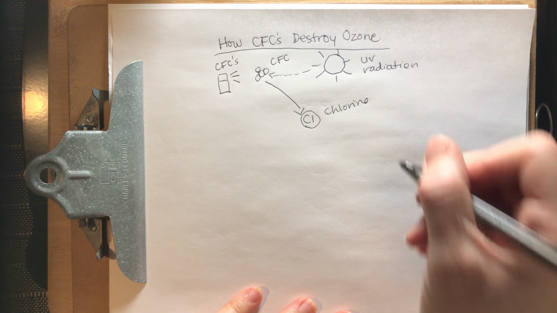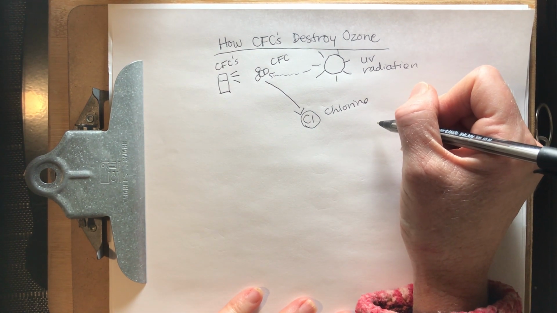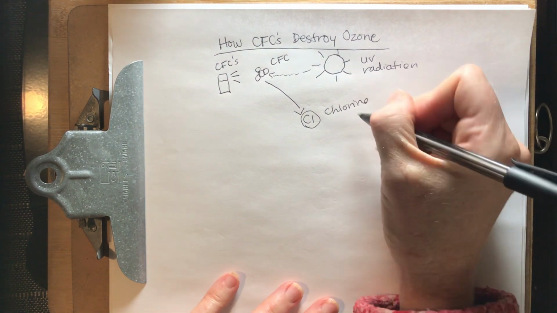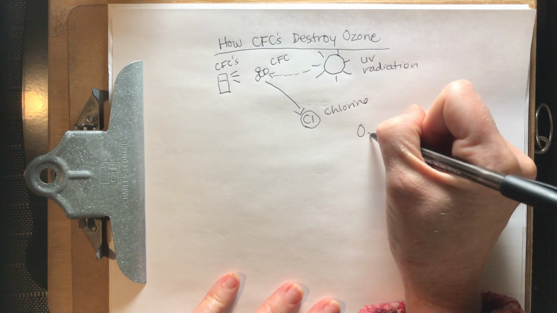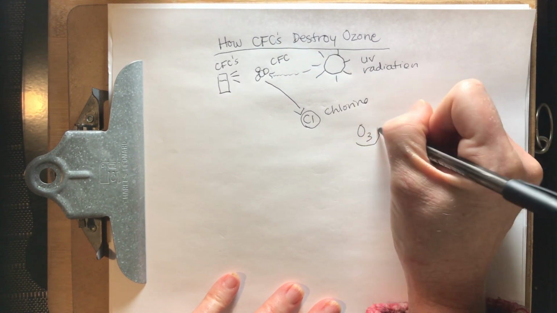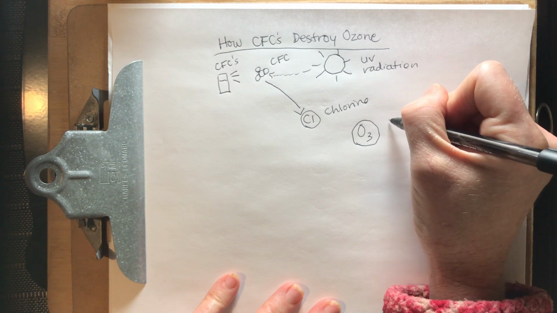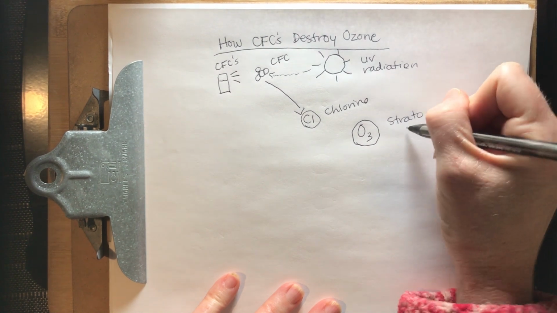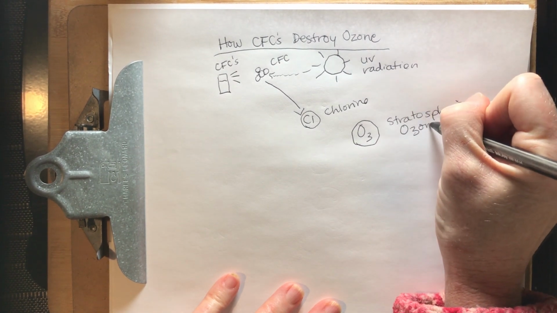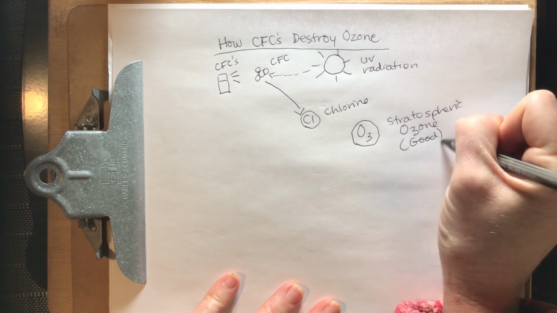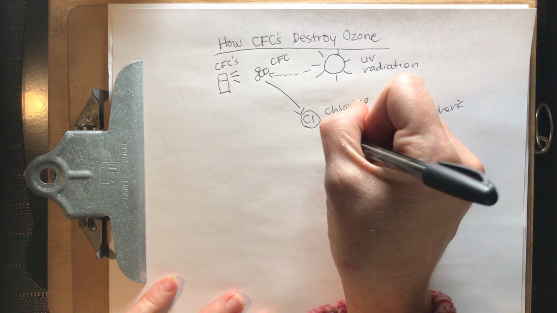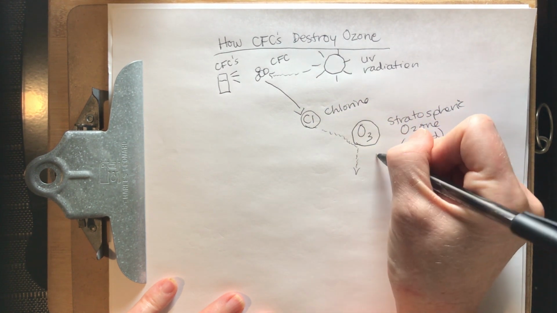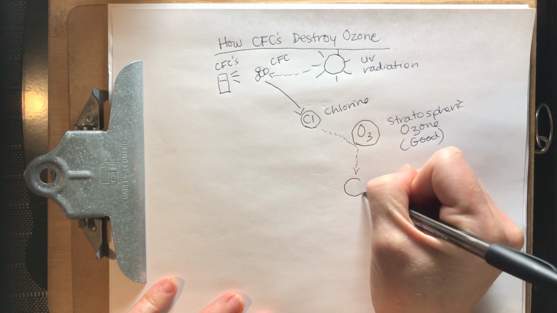So this chlorine is going to act a little bit like when you're playing pool and you shoot the cue ball and it hits something and it kind of breaks up the cluster of balls. So it's going to actually have an impact on these good stratospheric ozone molecules. These are the ones that are protecting us from UV radiation. All right, so it has this impact of bumping into them, and that causes them to split off one of their oxygens